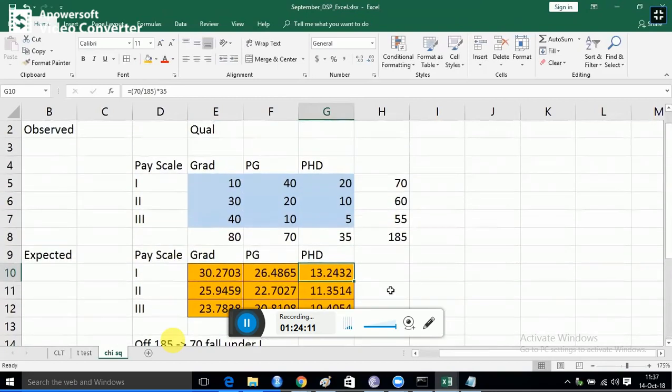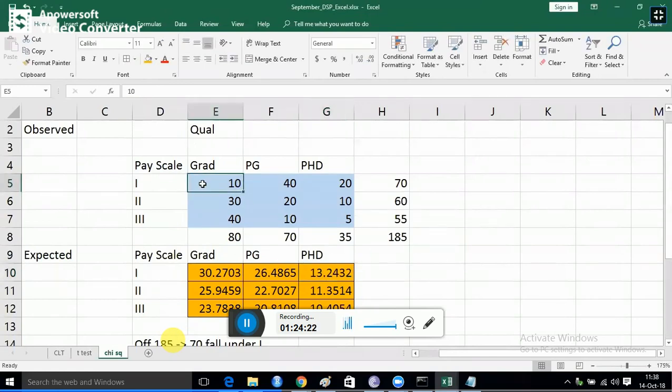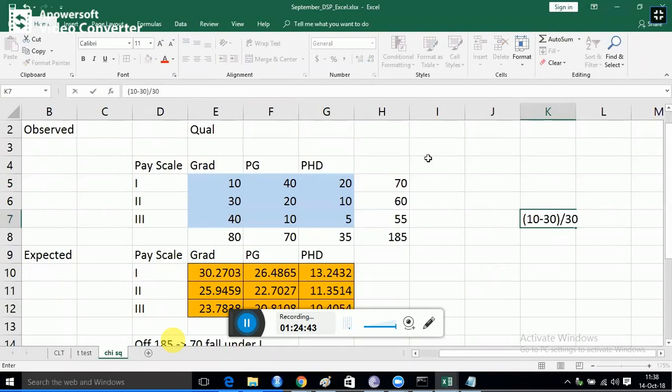Sunit, can you please repeat that formula once again? Chi-square value? So this formula is, see, you have got observed values, isn't it? You have got your observed values, guys. 10 is the observed value for this particular thing here. Yes or no? What is its corresponding expected value? 30. So what you do here, you do 10 minus 30, divided by